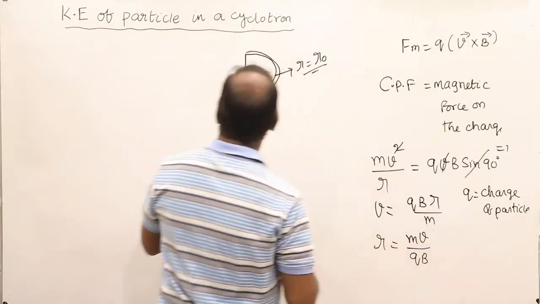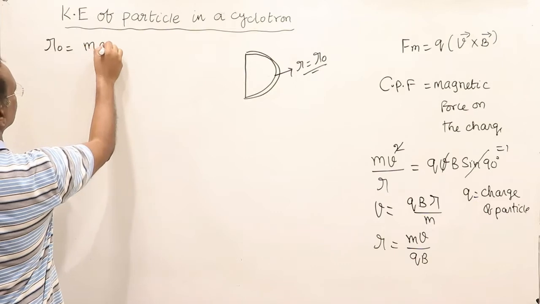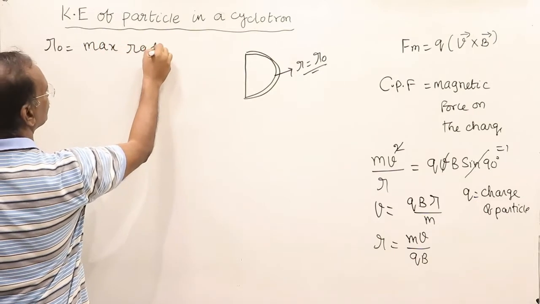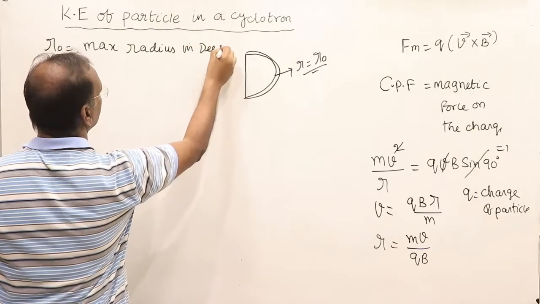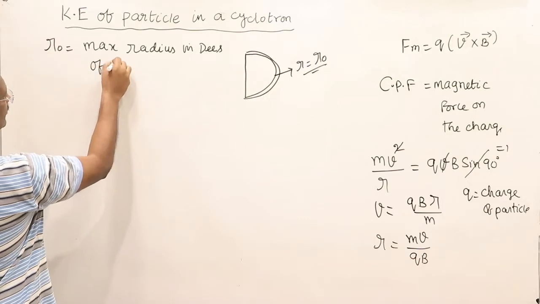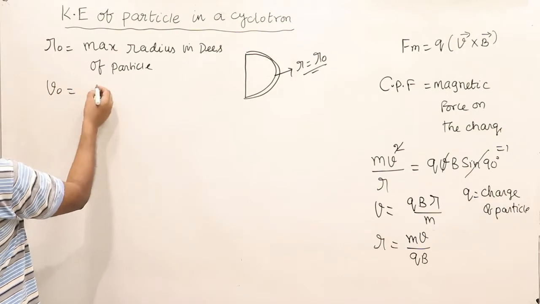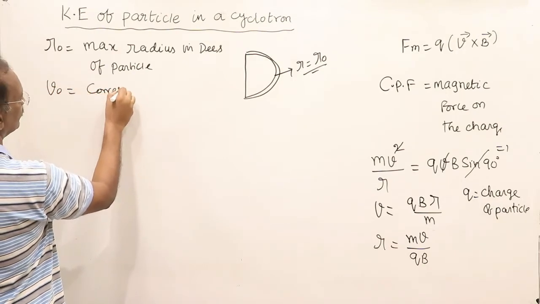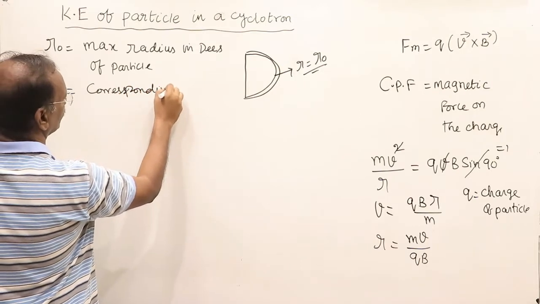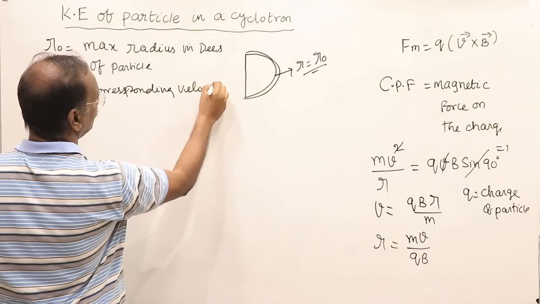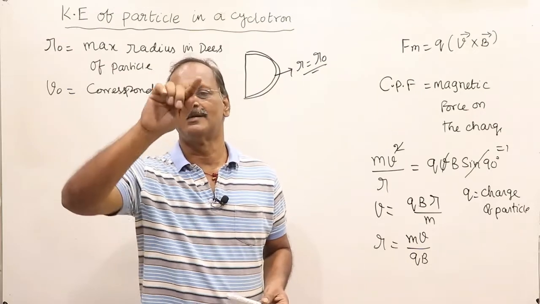Therefore we can say R naught is equal to the maximum radius in the D's of the particle, and V naught is the corresponding velocity. So it means the particle moves in a circular path, again a bigger circle, bigger